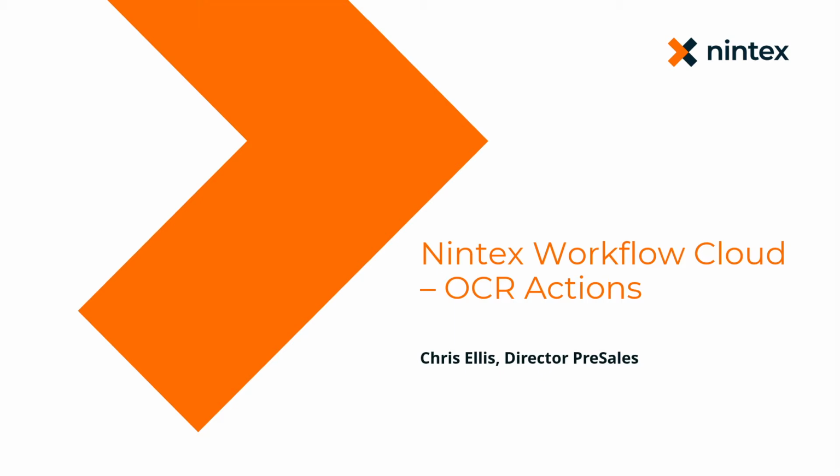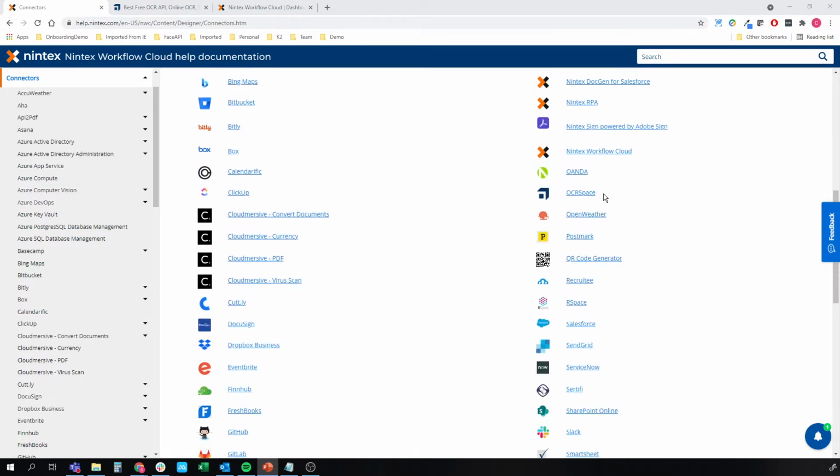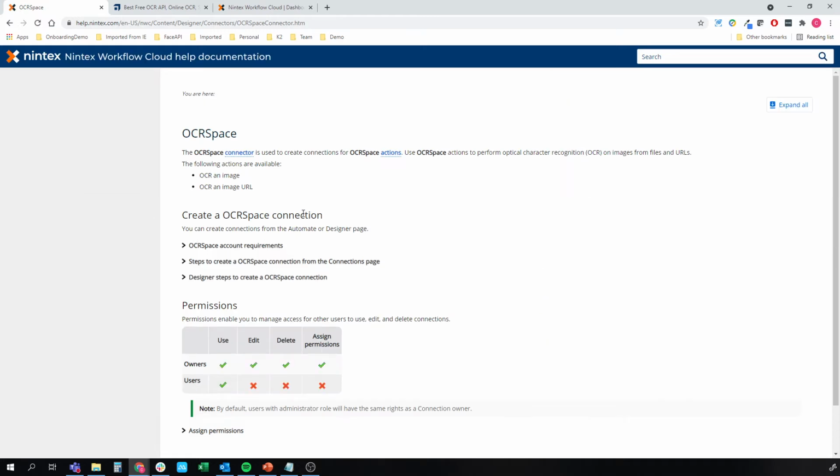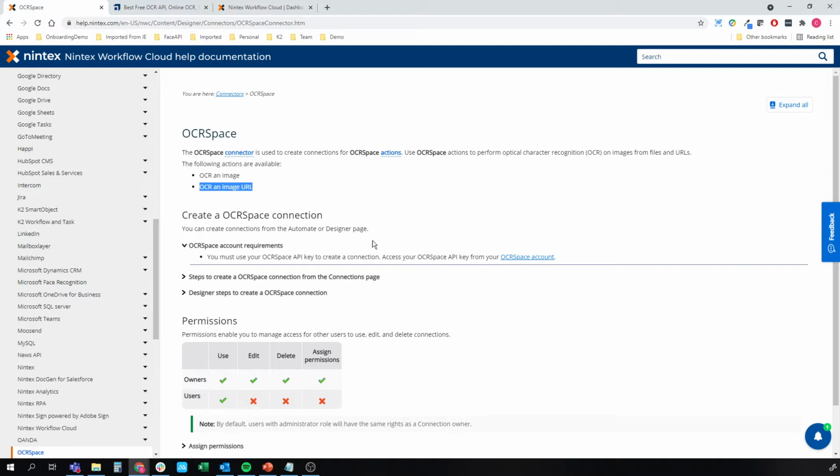All right, so let's have a quick look at where you can get more information. Let's have a look at OCRSpace and let's build a really quick workflow. If you jump to help.nintex.com, click on Nintex Workflow Cloud Help Documentation and go to Connectors, you'll find OCRSpace. The two new actions that have been introduced are OCR and image and OCR and image URL. And then you can find out all of the information that's required to actually get those working and up and